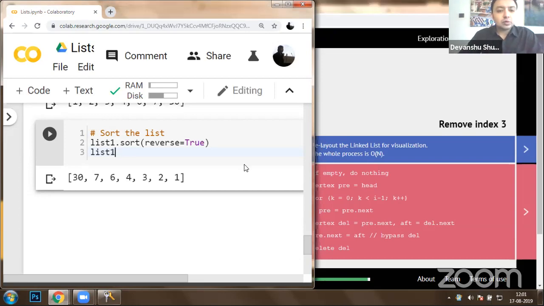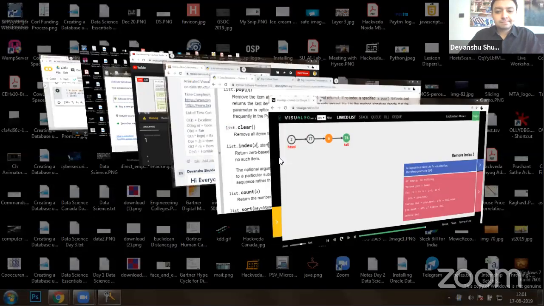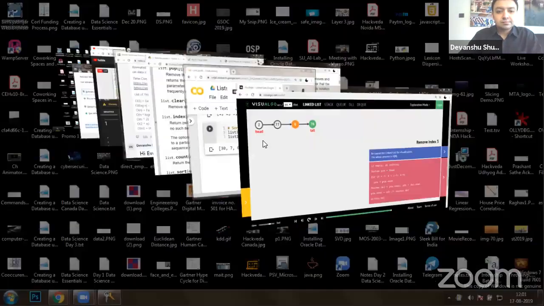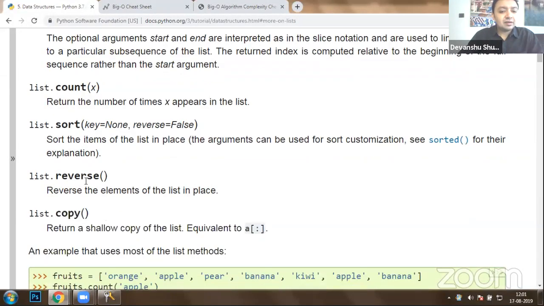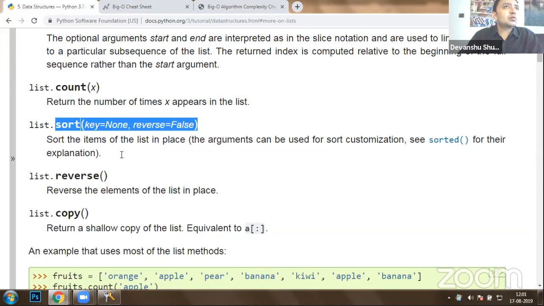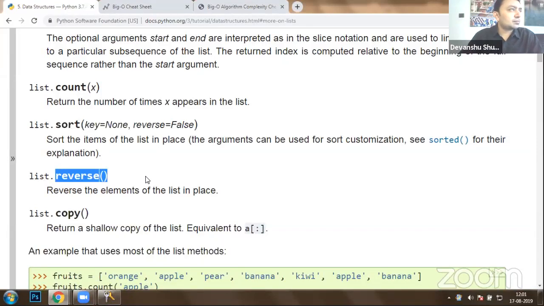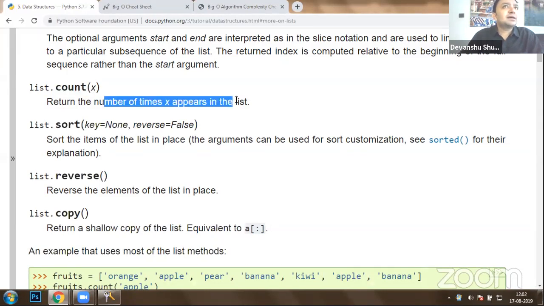So now, so here, in the same way, if you want, you can reverse it directly also. You can call list.reverse. Okay, this is similar. Both the functions are similar. Reverse equal to true, or else you can directly call list.reverse. Okay, but it's not going to sort. It's just going to reverse the elements in the list. Okay. Then you can count the number of elements in the list, number of times an element appears in the